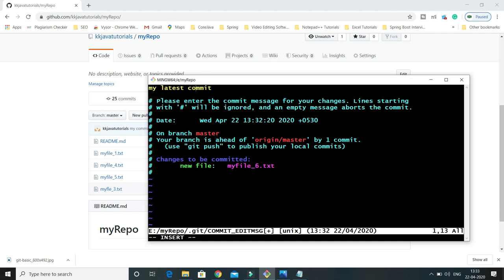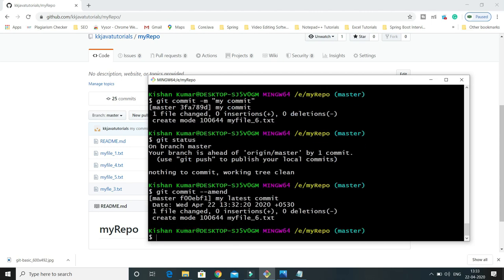Just I have updated my message, and after that you will have to press Control C, then :wq and exit. And here you can see the commit message has been modified.